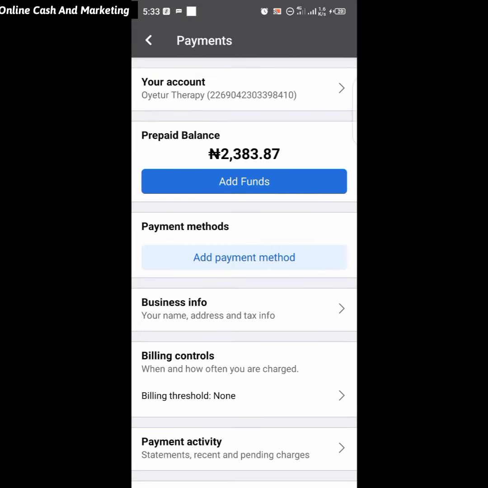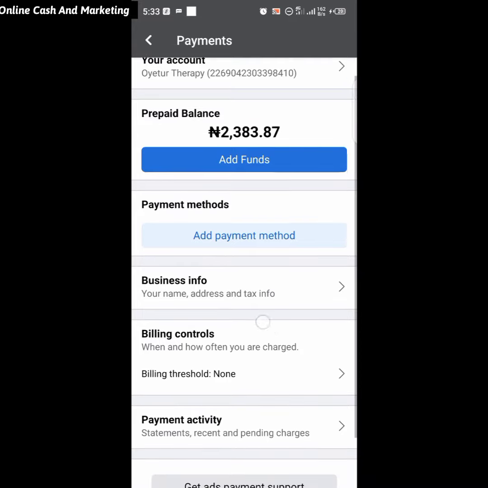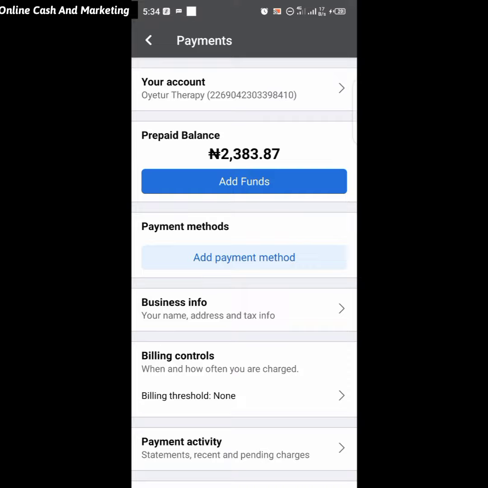Are you getting what I'm saying? That is the prepaid balance. You're going to see 2,000 naira. We still have 2003 here. Are you getting what I'm saying? Now, notice this. If I click on add funds,